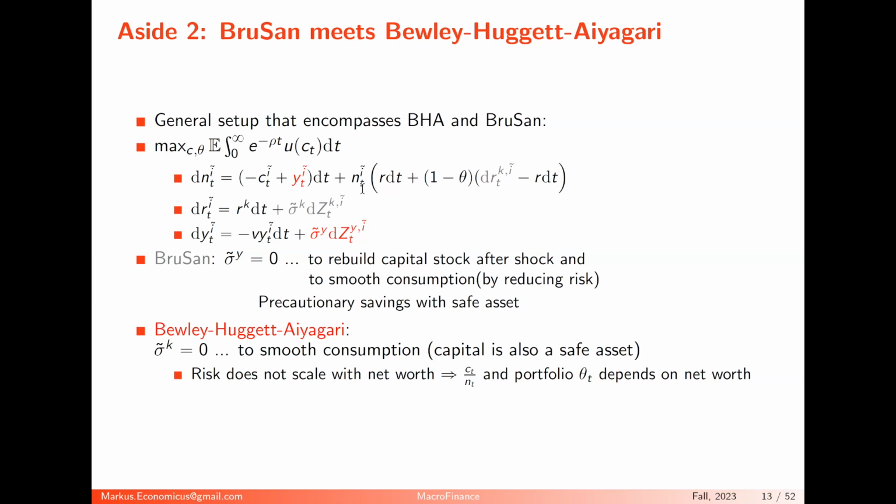And then there's the net worth. You get the risk-free rate, and then you put in physical capital, and you get excess return from this, and that's your portfolio share which goes into physical capital. Theta goes into the government bond, and 1 minus theta goes into the risky capital. Now, what we do essentially in our models is that the return for this individual i, what he gets on his capital, so there should be a k as well as a superscript, is the expected return on capital, and then he has a risk exposure on that. So there is some idiosyncratic risk associated with that.